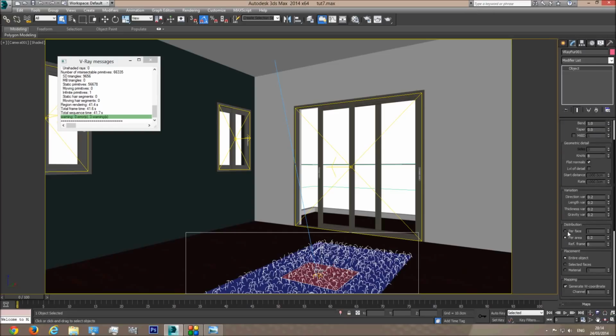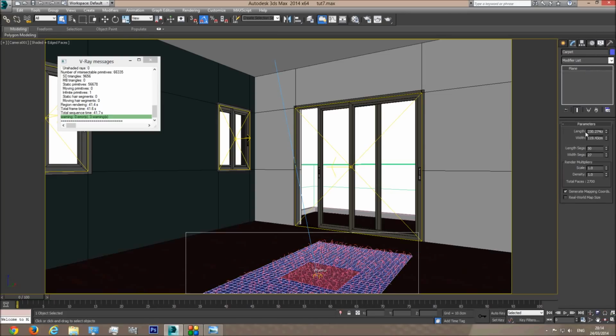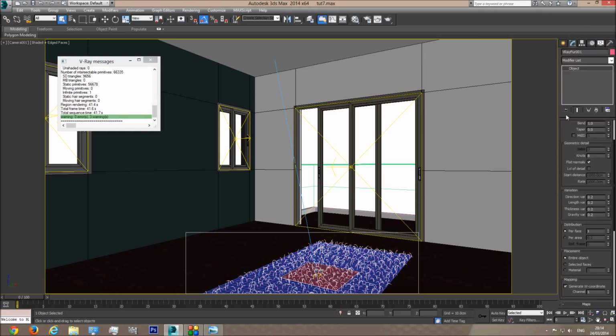What the distribution does is, if I choose per face, which is every square we created, every segment we created in the plane object, which is 50 on 27, is a face. So if we choose one per face,